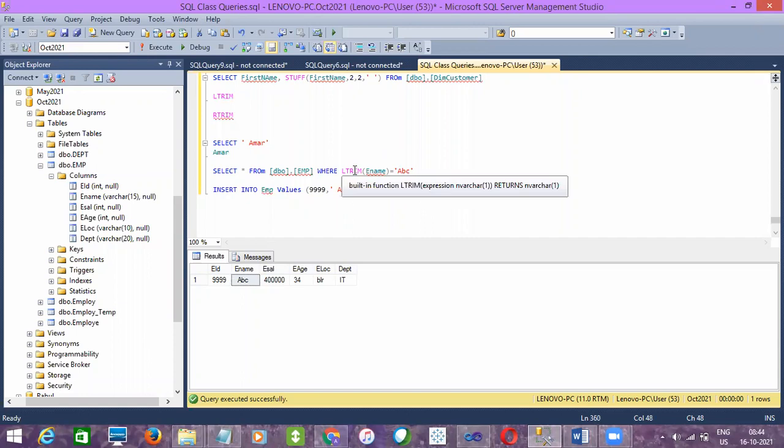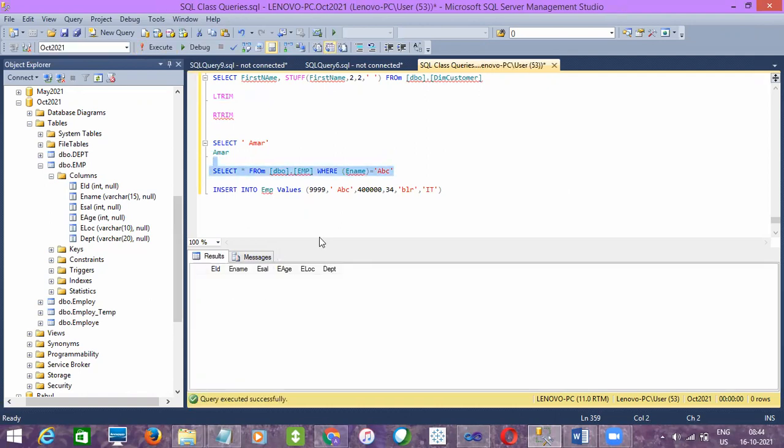Earlier, if I don't use LTrim, because there were some extra spaces at the left side of the string, it isn't able to retrieve the value, even though it exists in the table as ABC, right? But with LTrim, it will remove the extra spaces on the left side of the string value. It has removed them, and now you can see ABC, right? The same way there is RTrim, in the sense that if there is an extra space while inserting a value at the right side of the string, here, this part, right?